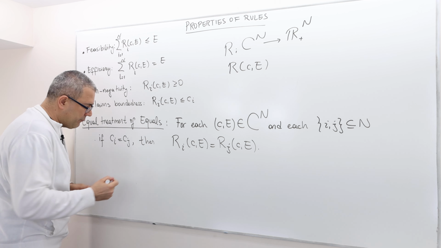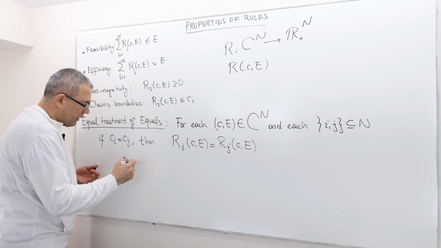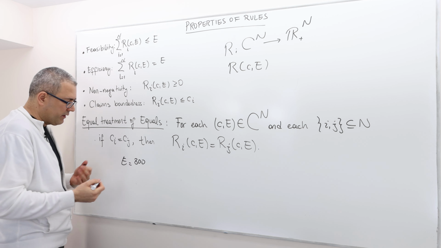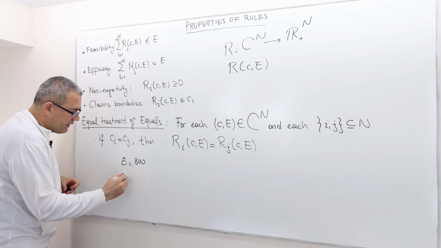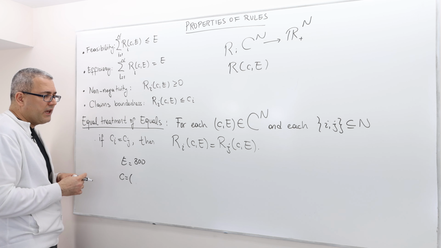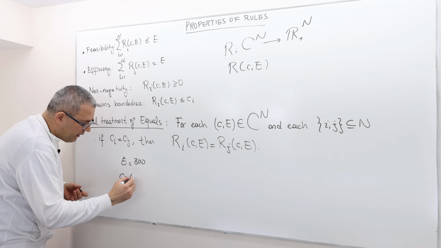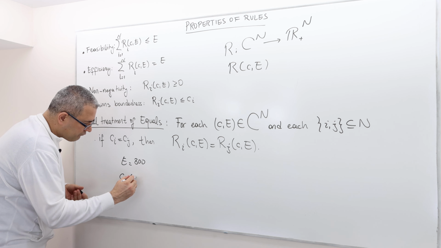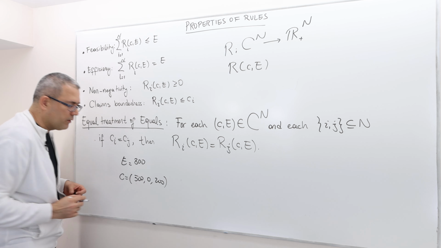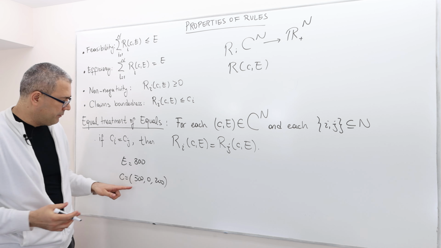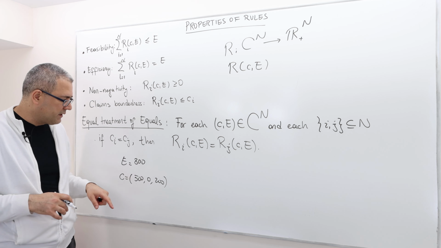So let's give an example. Let's suppose the surplus that we're going to split is $300, or units, whatever. And suppose that we have three agents, so the claim vector is 500, 0, and 200, okay? Well, this is a claims problem because the sum of the claims exceeds the surplus.